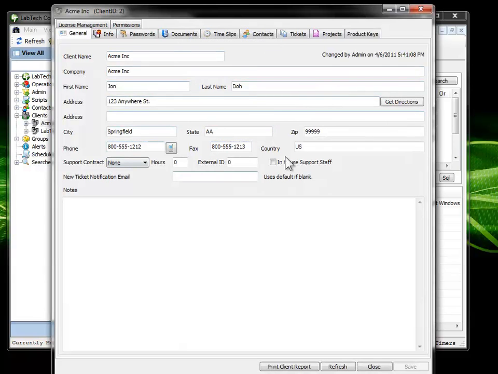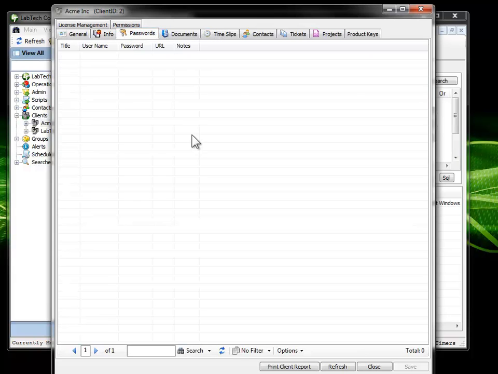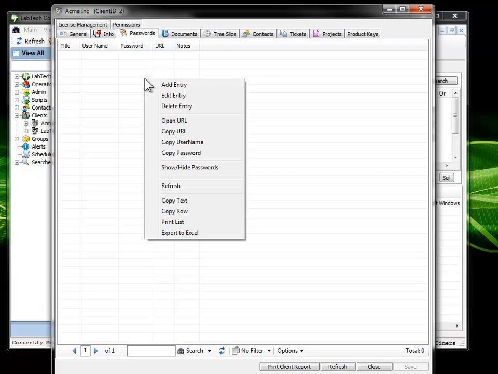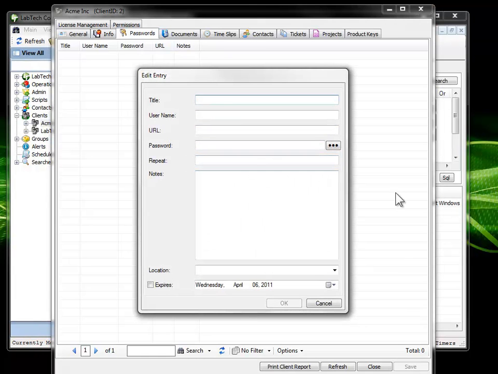Note again, this is where we populated their initial information, but there's quite a bit of other tabs for which we can populate some information. First one we're going to jump to is the passwords. You want to go here. This should be your next step. Right click and select to add an entry. I would recommend adding at the very least 2 entries. One is going to be a domain admin,